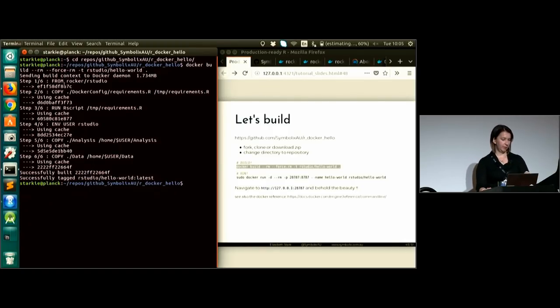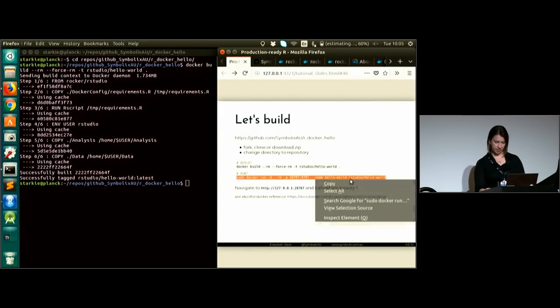But essentially you build from rocker/rstudio, so you see that's my first layer, copy stuff across using cache. This is one of the nice things. Once you build this a couple of times, it becomes really easy to tinker because you can make little changes and it'll just rebuild that bit. Run the R script, so it runs through each one of these layers, successfully built it. So to run it,